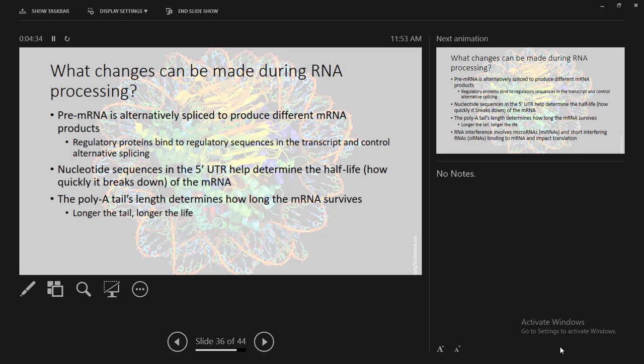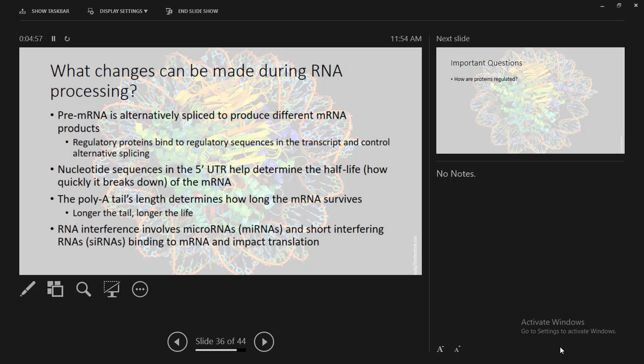So if you want to transcribe this mRNA and translate it, but you don't want to make a lot of that protein, you put a very short poly A tail on it, and you shorten that 5' untranslated region. It makes it to where that mRNA gets degraded more quickly, so you won't make as much of that protein product. And then what we just saw in the previous diagram